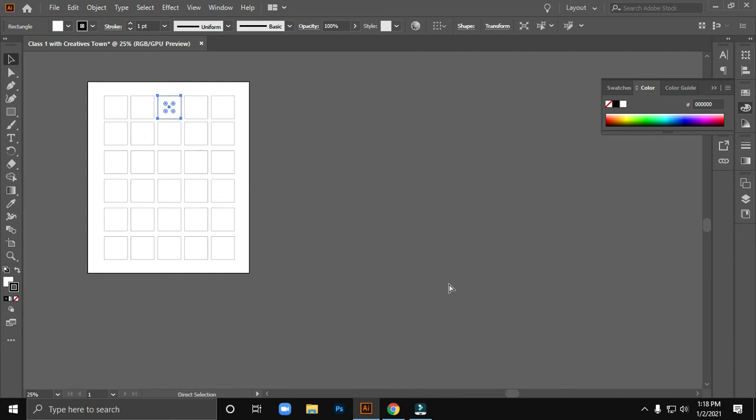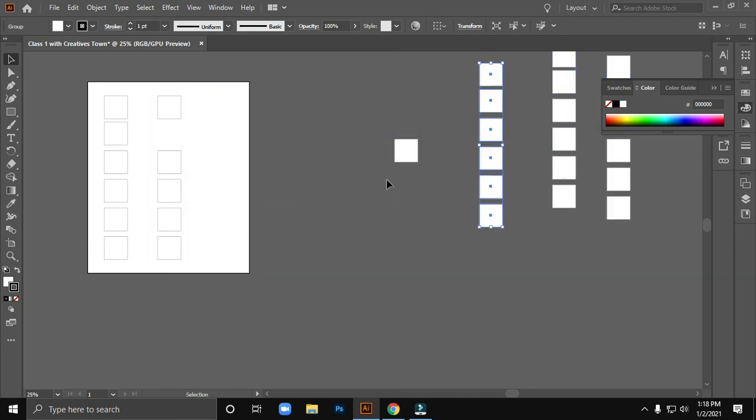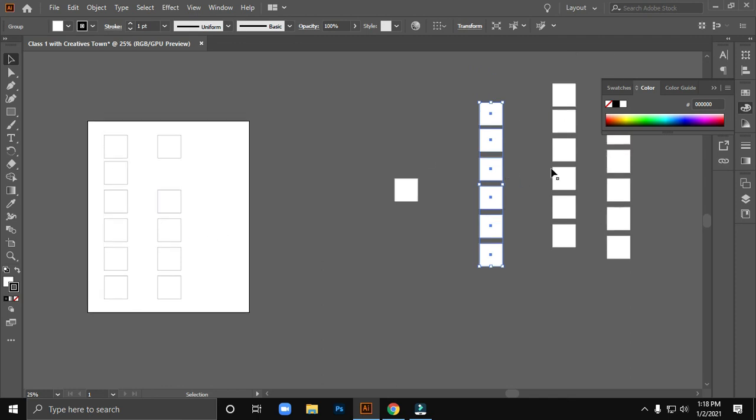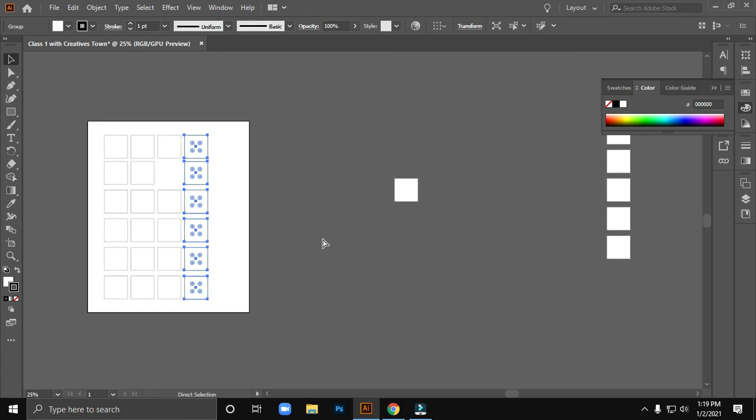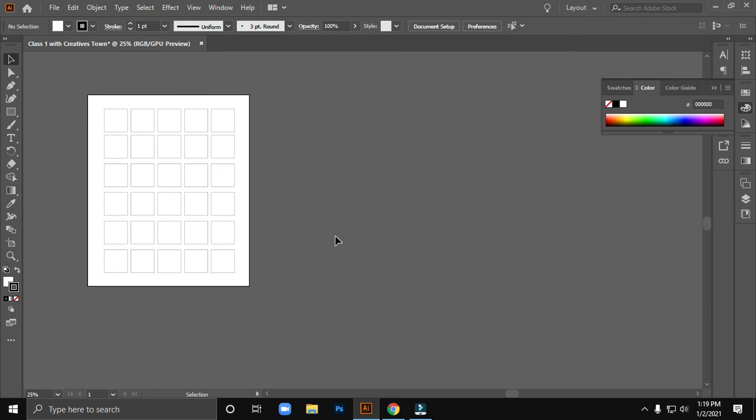With Ctrl and Z, I can undo the previous thing. Suppose you have mistakenly transformed your box from here to there, and you don't want this. For making it go back to its previous state, just tap the Ctrl button and Z button, Ctrl plus Z, for making it previous or undoing your work.